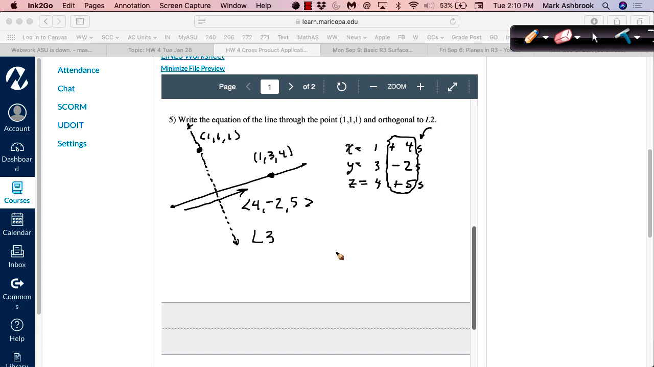How can I do that? How can I get a vector that's perpendicular to the given line? Tell me your name one more time. Right, Ryan. Make a vector projection of the vector from 1, 1, 1 to 1, 3, 4 onto the line,